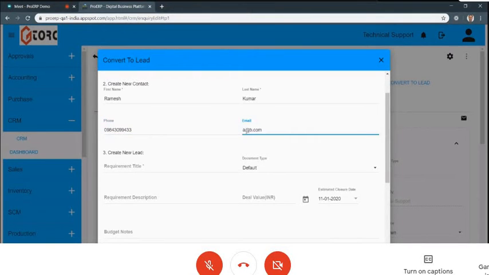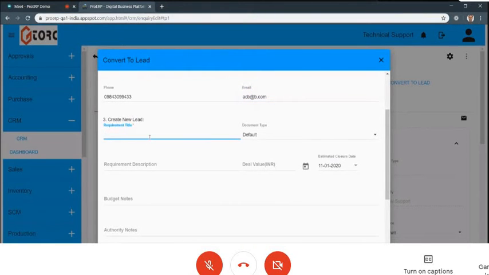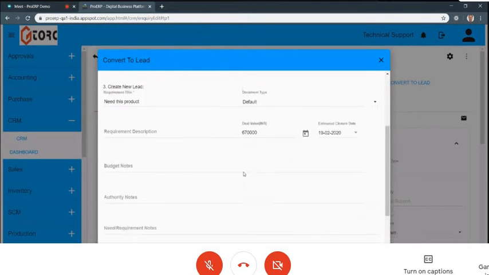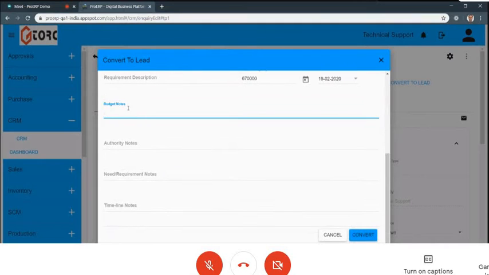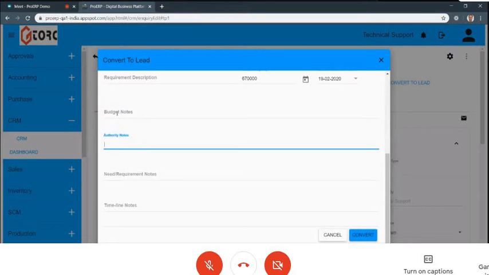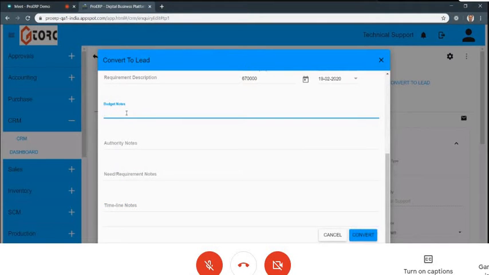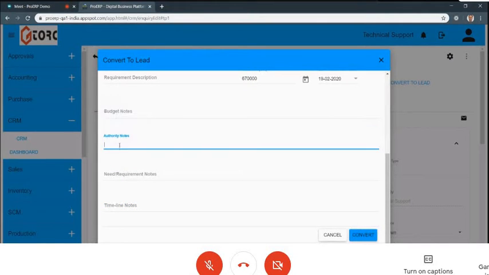You have clarity on what budget they have, a basic requirement and need for this product, what the valuation is, and what the estimated closure is. We have kept this optional actually; earlier I wanted to make it compulsory. They call it BANT detail, B-A-N-T. So B means budget notes, whether they have a budget or not.